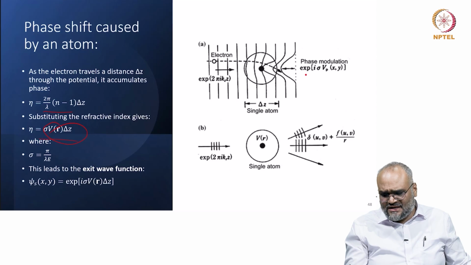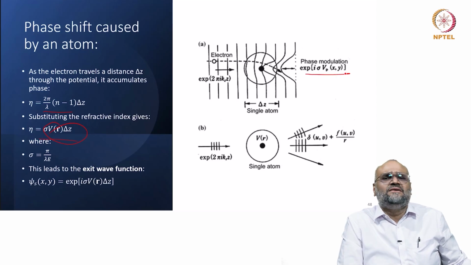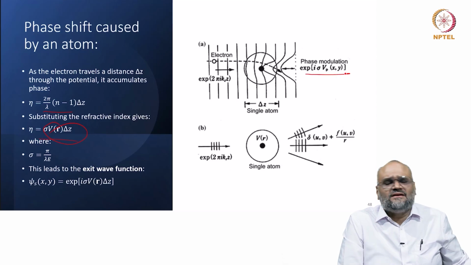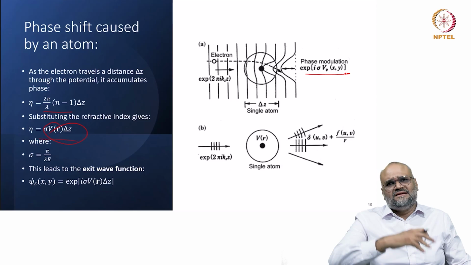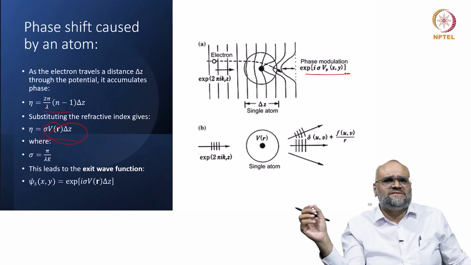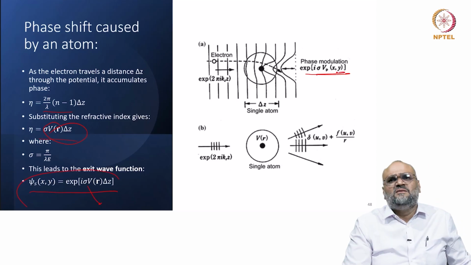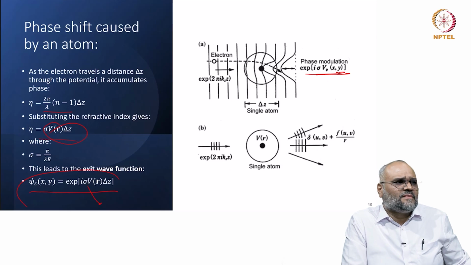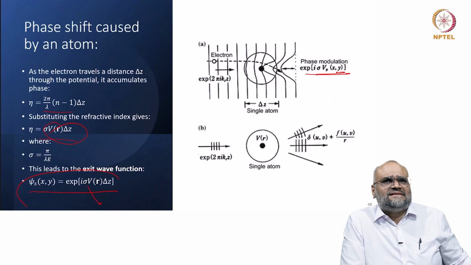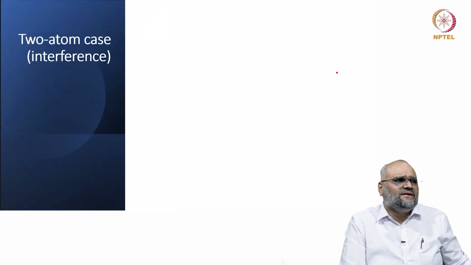So the phase modulation by an isolated atom to the charged electron is what causes the deviation of the electron beams, and from an isolated atom you can understand the phase shift is written in terms of the projected potential of an atom. Now when I take this and extend it and build it to a crystalline sample,